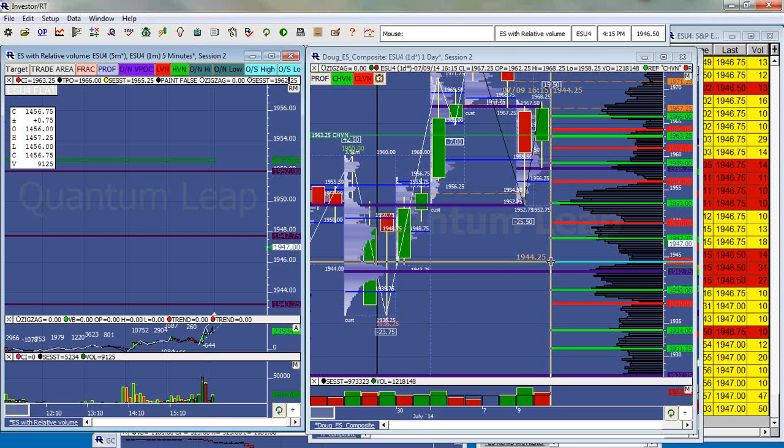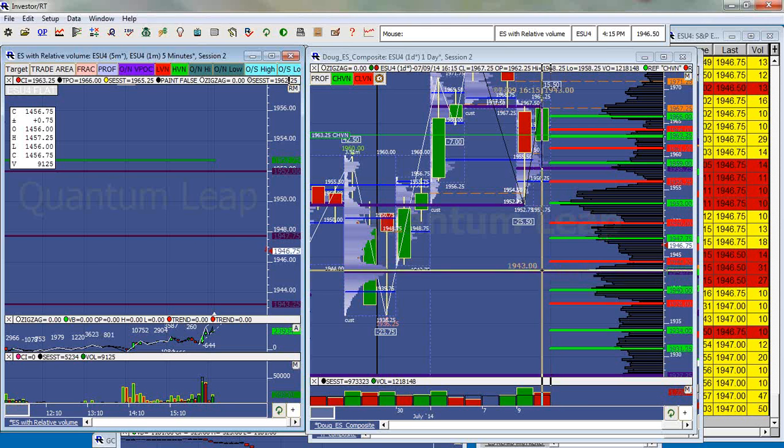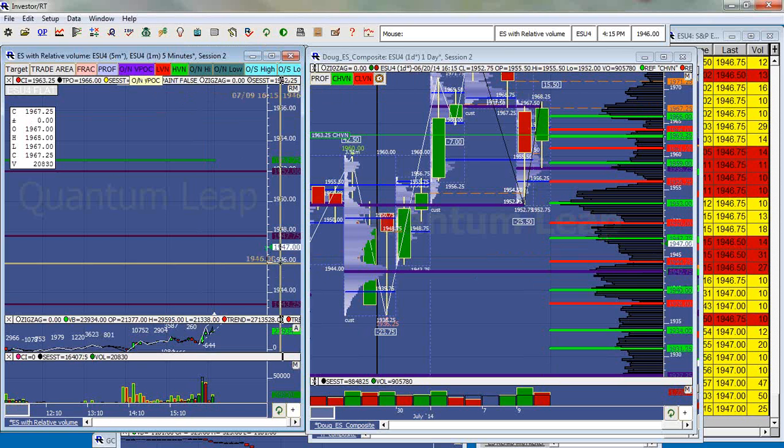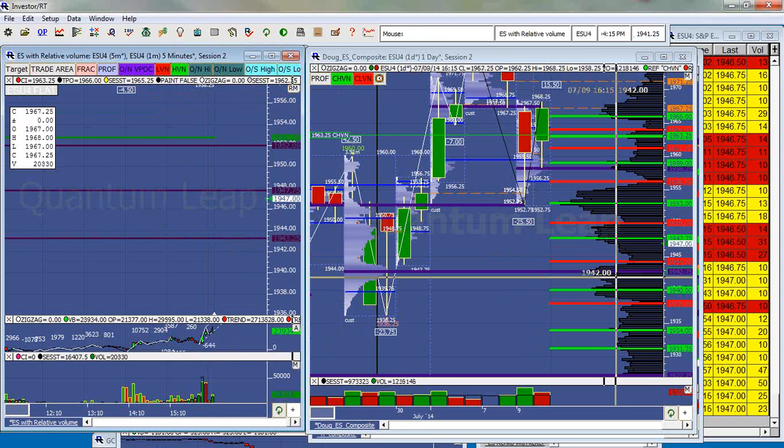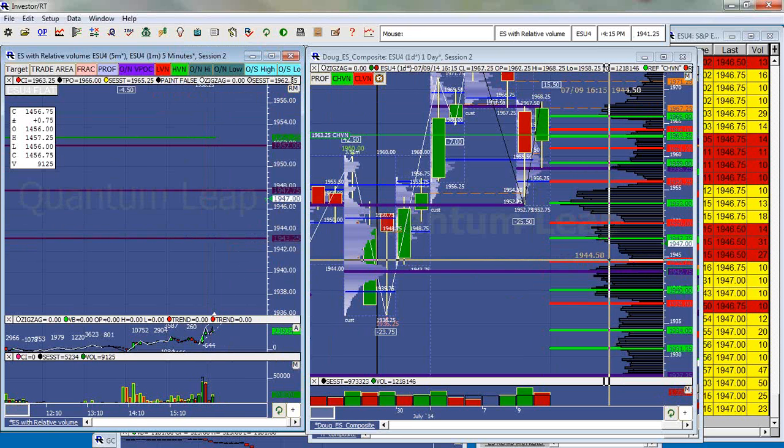If we don't hold 1944 and a quarter, they've got to find buyers with more conviction. And where are they going to do that? They're likely going to come down here to this 1942.75. That will close out this naked VPOC down here at 1943. But if they can hold 44, which I'm assuming they might make a move down here, but I'm thinking